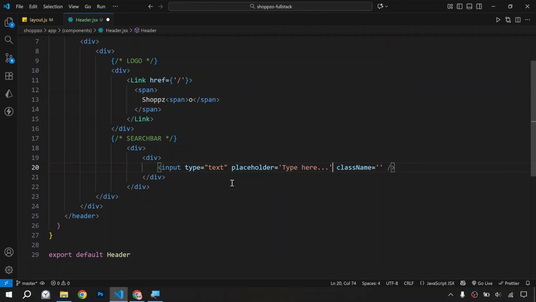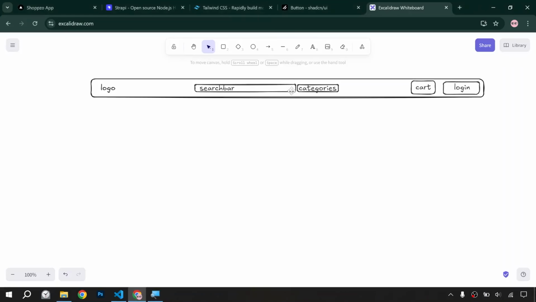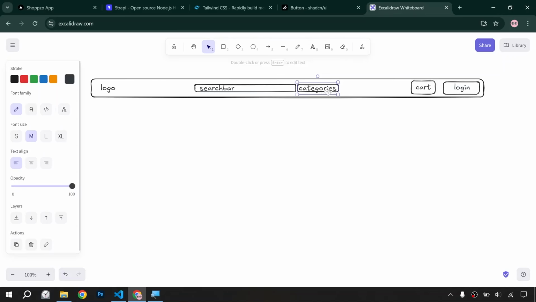So currently we are working on the front-end application, so we will leave this for now. Okay. And after the search bar, we will write here. If we check, we have the search bar, and beside the search bar, we have the categories. For achieving the categories, as the categories are a drop down list kind of,